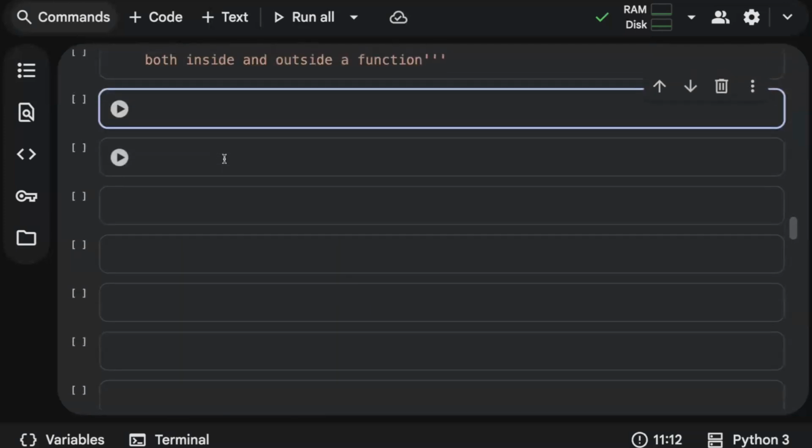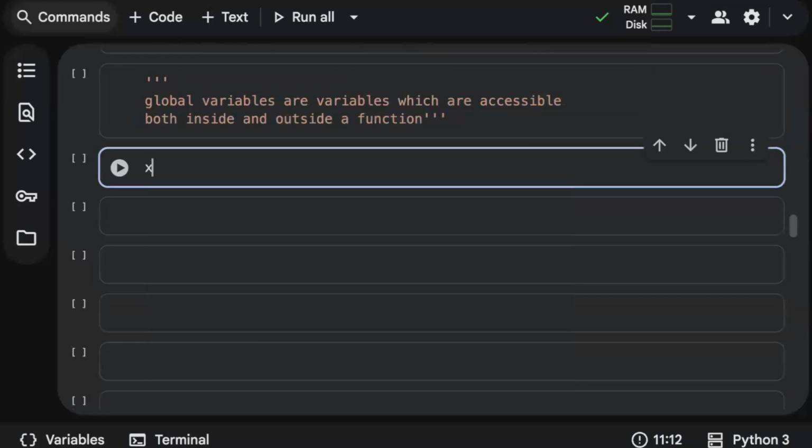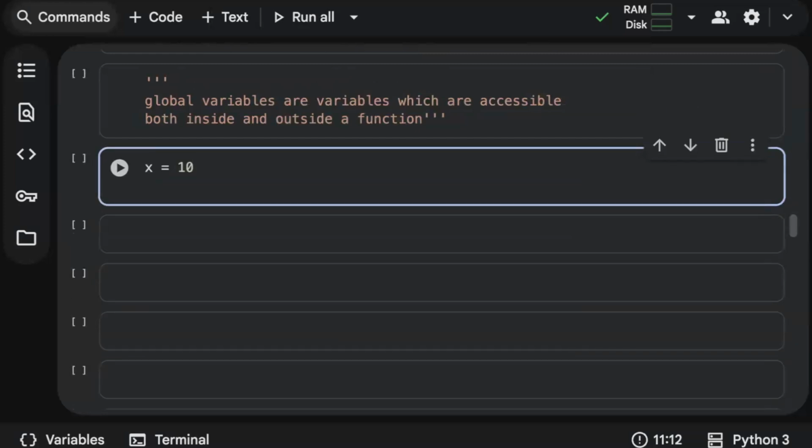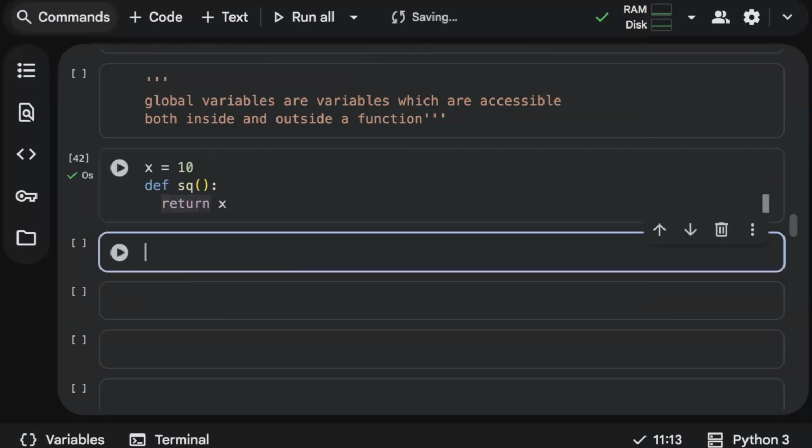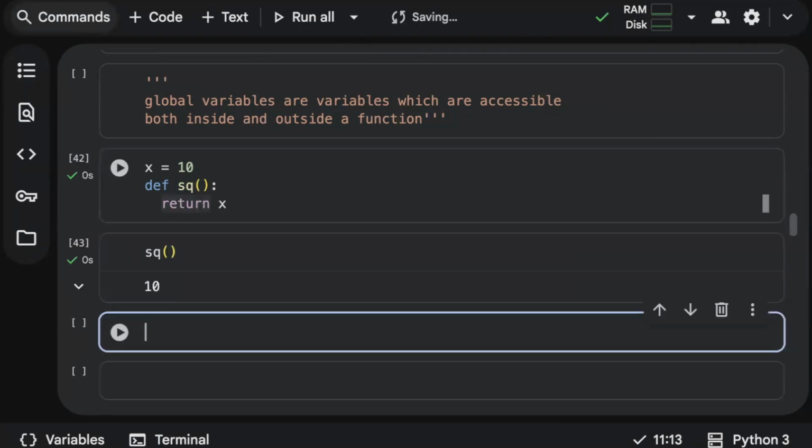Let's say for example, I'll just use x is equal to 10, and I'm defining it outside. Let me define my custom function square root, passing nothing. And then I'll just say return x. Let me run this and let me call the function.